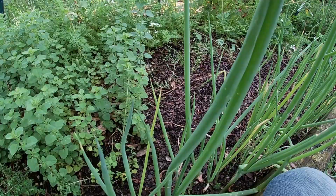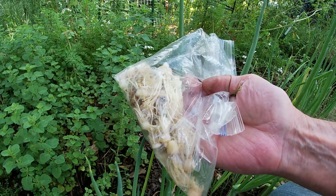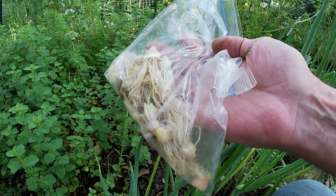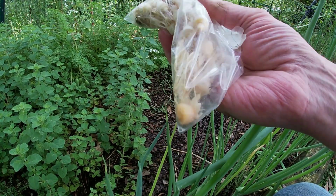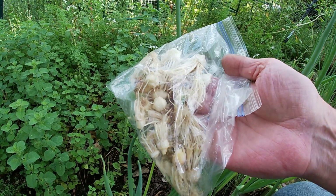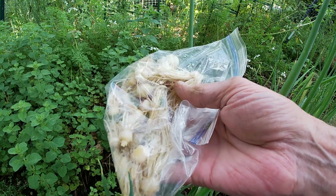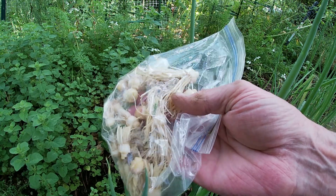So hold on. It's hard to do one-handed. But what I got in this hand, that's the end that I cut off from my green onions that you see me eating all the time. And you'll see this. People call it a garden hack, especially young people. Nah, it may be a garden hack now, but it's been something country folk and poor folk been doing all the time. And I think how they learned it, because I remember my great-grandparents doing it, and my grandparents, of course my parents,